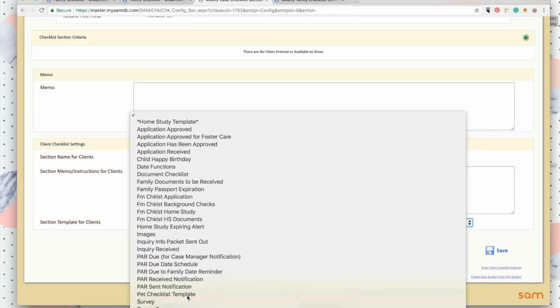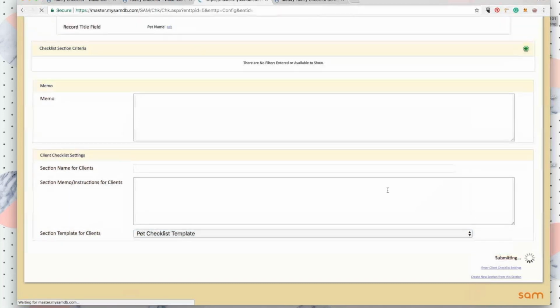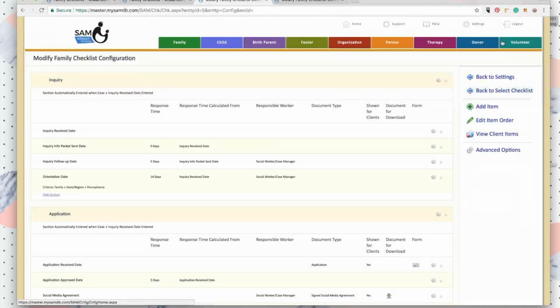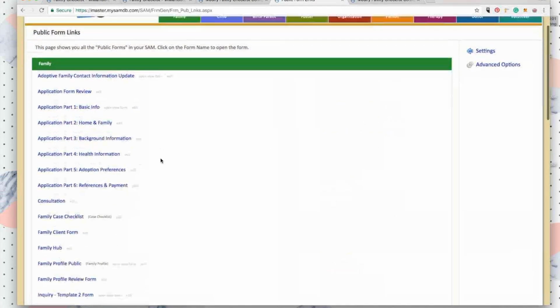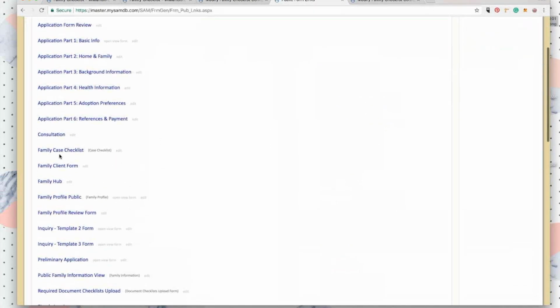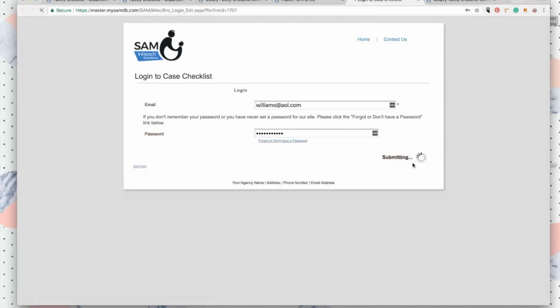So I created a really simple template under the family that's now available to use. So now when we look at the checklist, we'll see that. Let's see. So I can log in as my test family. We can show you what the checklist would look like to them for their pets. Here's the family case checklist. Let's see. So you would email the link to your public forms to your families. They would come here to log in. They could set a password if they don't have one, but once they give their information,